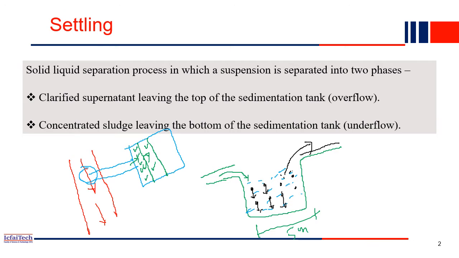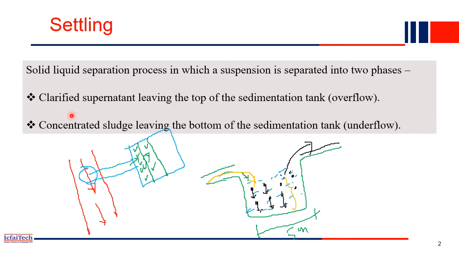So through the inlet water will be coming in. Then the settling will take place. Settling is nothing but the solid particles simply settling down at the bottom, and then the clean water will go to the outlet. That is the main objective here. So basically, you understand now that the solid-liquid separation is happening in two phases. So what is the first phase?